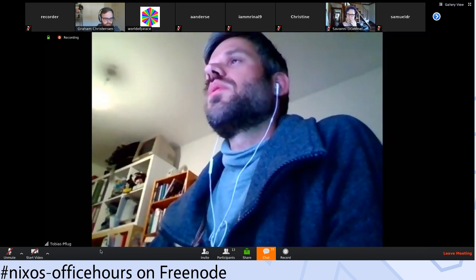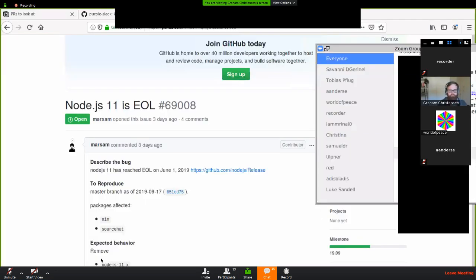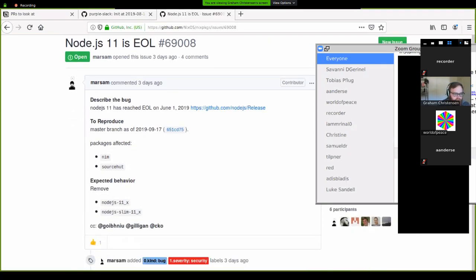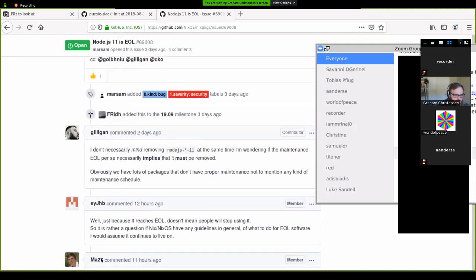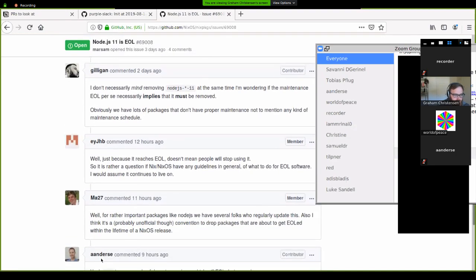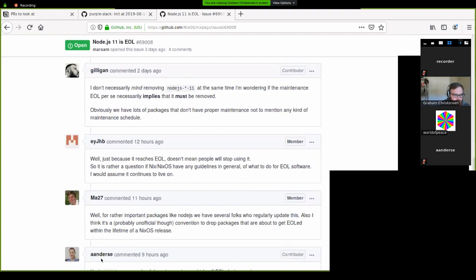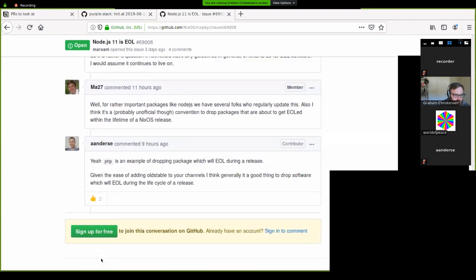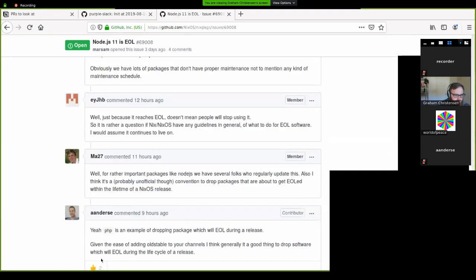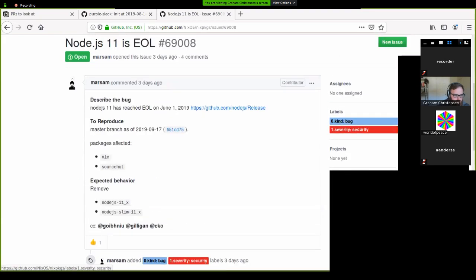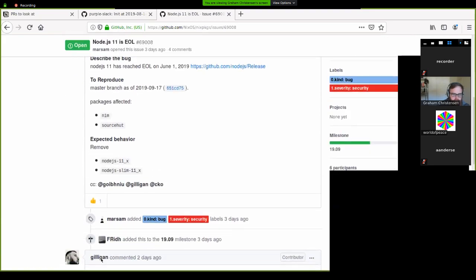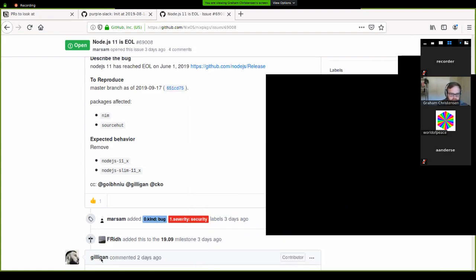The gist of it is that I'm wondering what the policy should be on something like this, where I personally don't have any pain with removing Node.js 11. But on the other hand, I don't see it as a real security or priority issue to get rid of it, because there's tons and tons of software in Nix packages which doesn't have any kind of regulated maintenance.